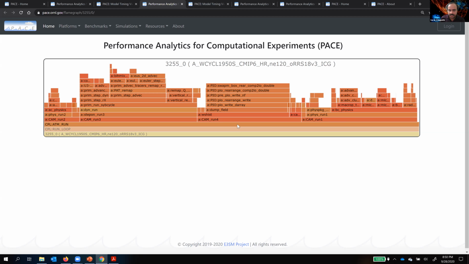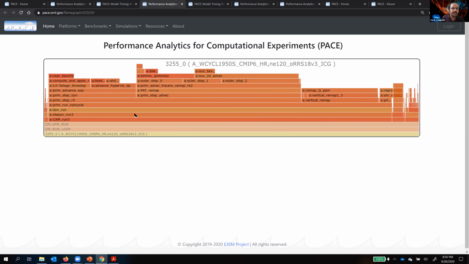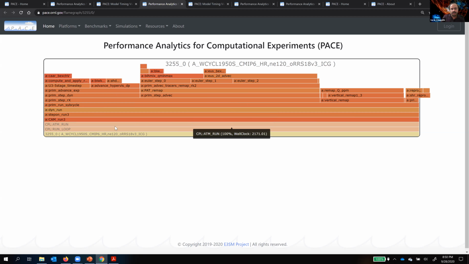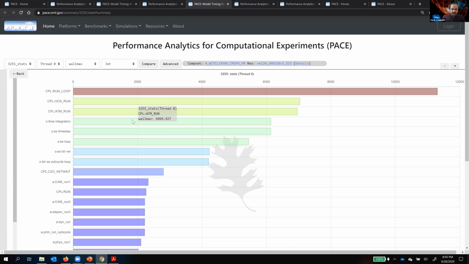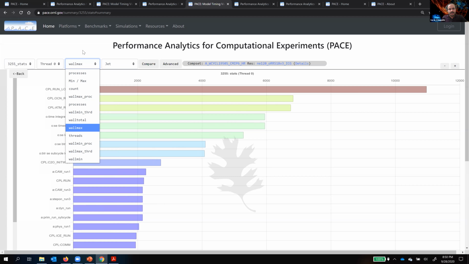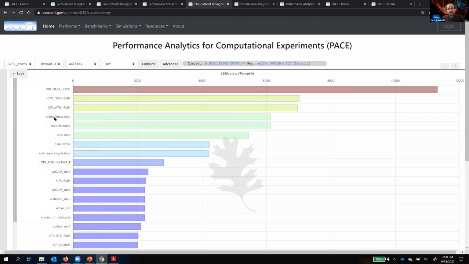So this is the atmospheric model. You're looking at cam run 3, and then various timers within the dycore. This is aggregate statistics across all the MPI ranks. So you are looking at the MPI wall max for these timers across different ranks in a parallel process.